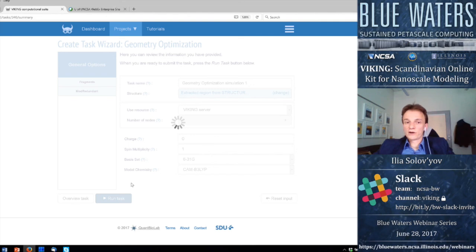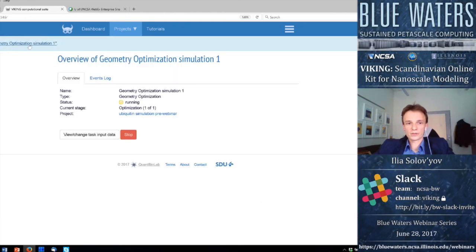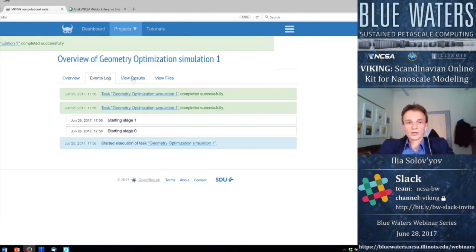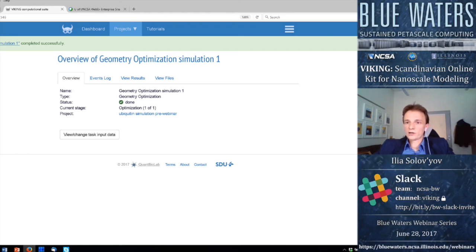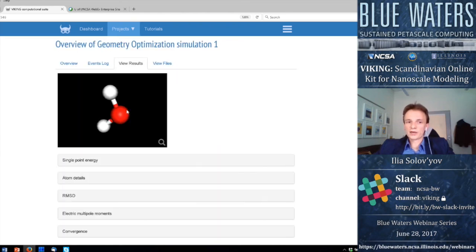And so once the files are processed, we see a notification that the execution of the geometry task simulation 1 has started. If you go to the events log, you see the simulation basically completed instantaneously because it was fairly small. So now we can go to the view results part, and you can see this molecule